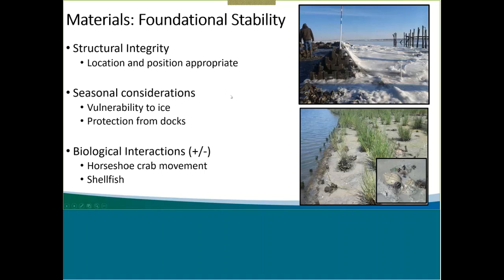Biological interaction. They can be good or they can be bad. Chris talked about shellfish earlier. You put out oyster shell bags. If they get completely encrusted in shellfish, oysters especially that cement together, you can get a pretty durable structure. But as Allison talked about, there can be negative interactions, and be careful the way you word this, it's not negative because of the interaction, it's negative in the effect that it could have on the living shoreline. This is where Allison had commented on sparse planting, providing pathways for horseshoe crabs to move